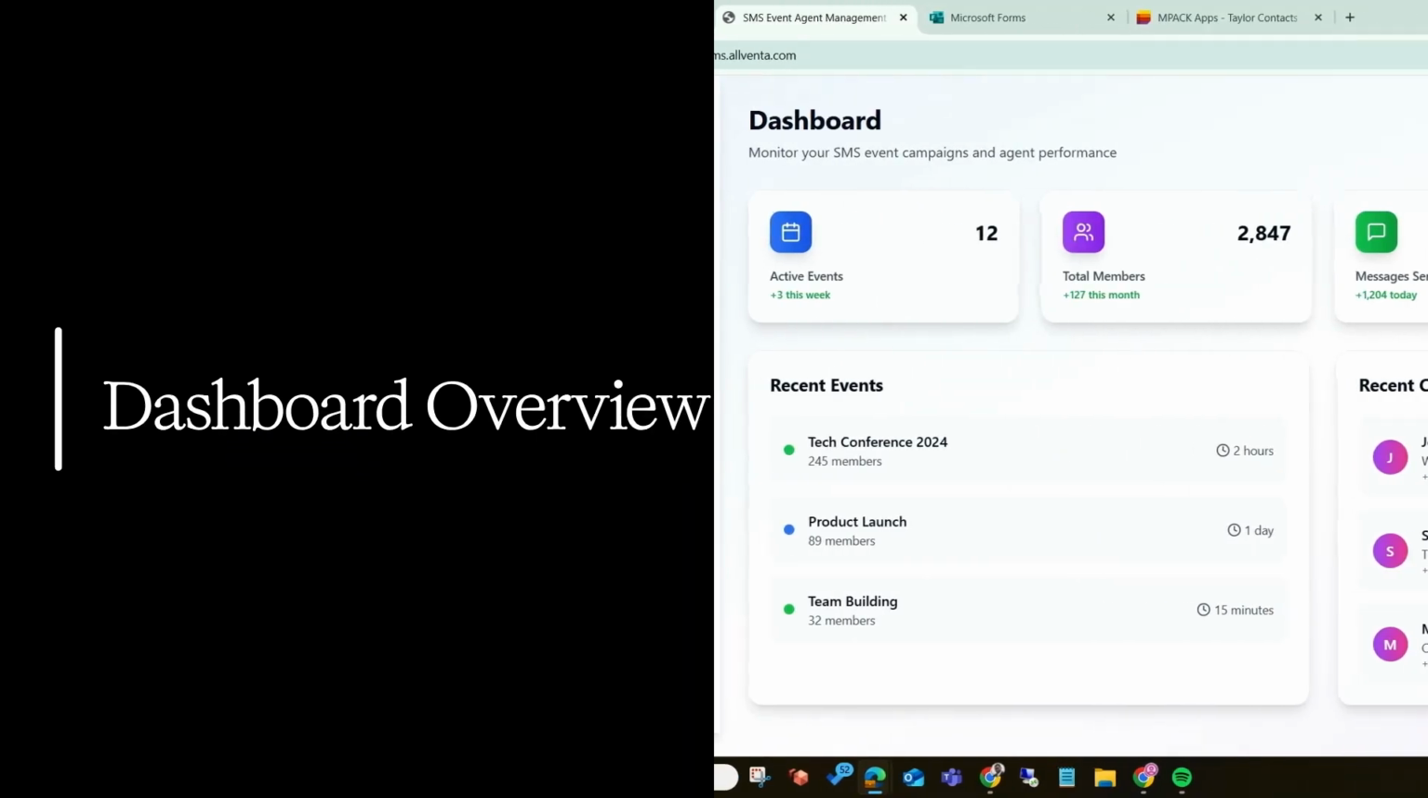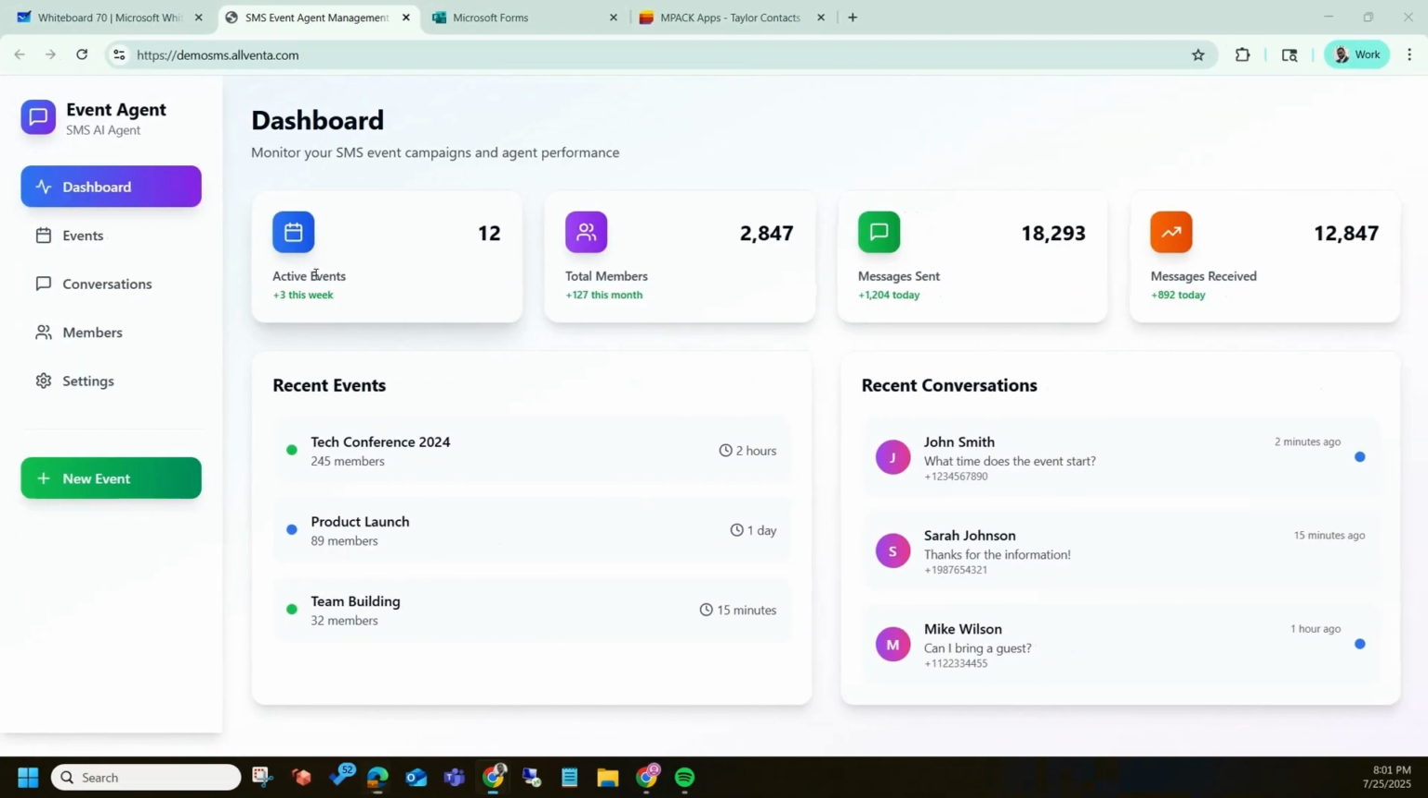One, you have a dashboard. It's going to show you all the active events that you have, assuming that you're running multiple events, and all the members or attendees that the message went to, the message is sent, and the message is received. The message is received allows your guests or users to text back asking for more details about